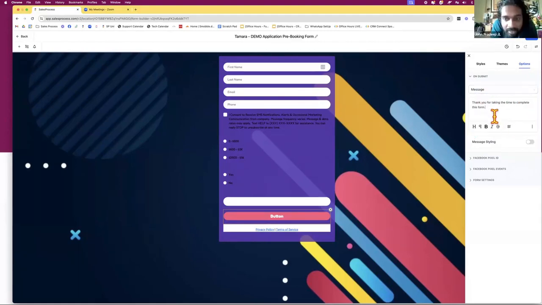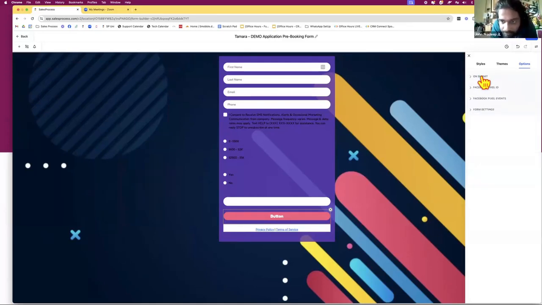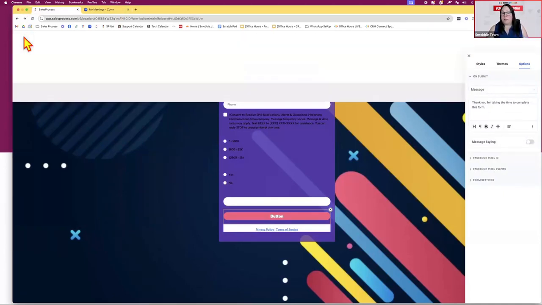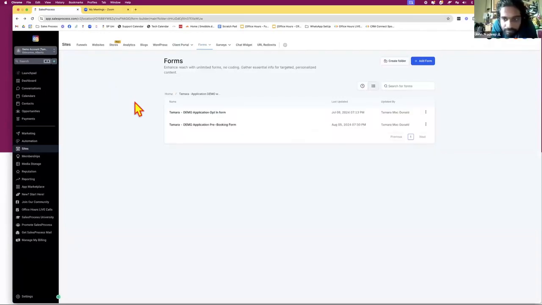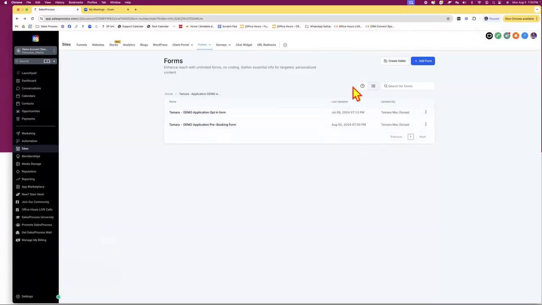Can this be redirected to another page which has the WhatsApp group link button? So you can decide here, when they submit, is it opening a URL? Is it sending them a message, or am I giving them an order confirmation? So those are your options. Awesome. Yep. So then you don't necessarily have to put the form on a funnel page. Just create the form. Thank you. That speeds things up a little bit. Yeah, that's really good.